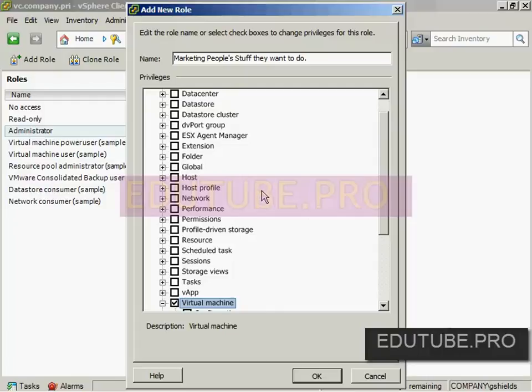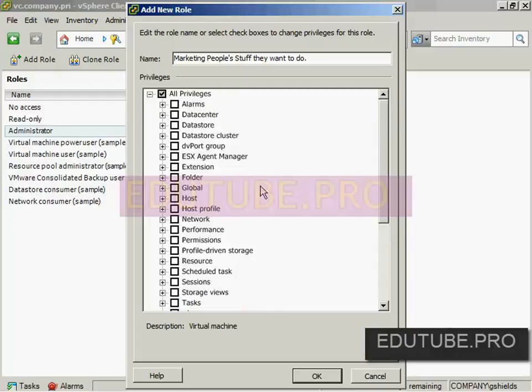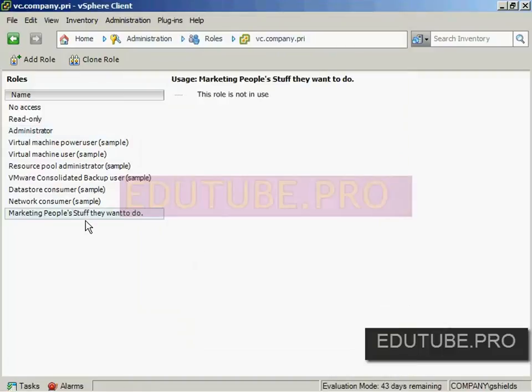I mean, all the way down to, do you want to power off but not power on is an available right. Are there any other rights here that they might want to do? I don't want them to work with Update Manager, nor a service. I definitely don't want them working with distributed switches. I don't want them adjusting hosts because they're only dealing with virtual machines. I think this is really the limit of the types of activities that a marketing person would want to do. So let's create this role here. So marketing people, stuff they want to do. And that creates